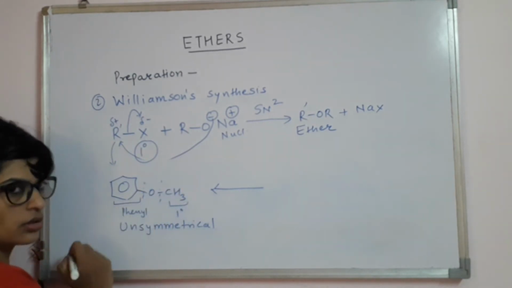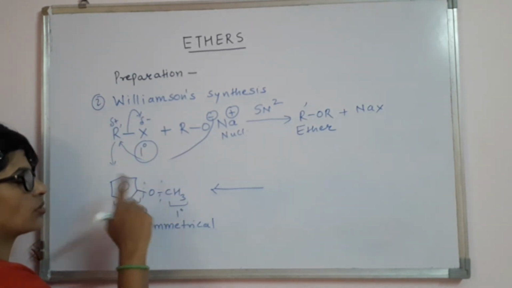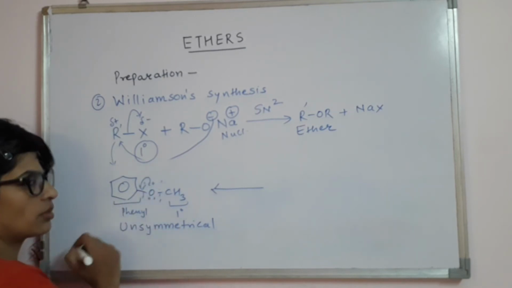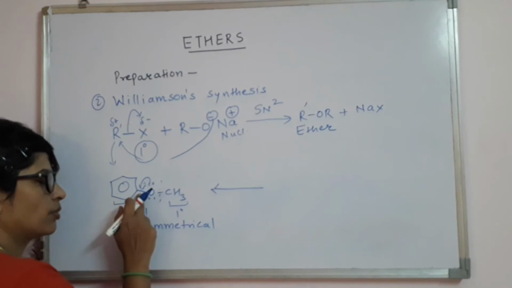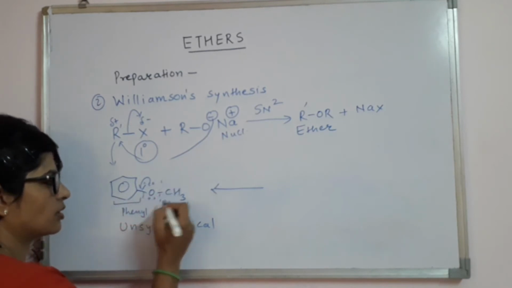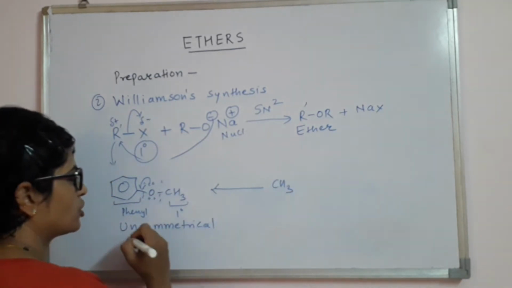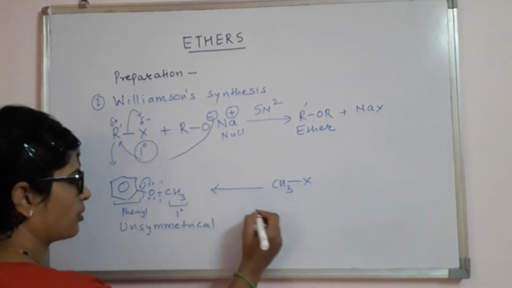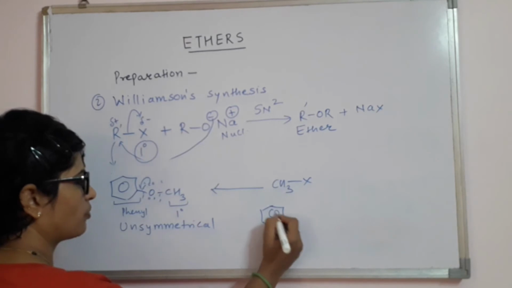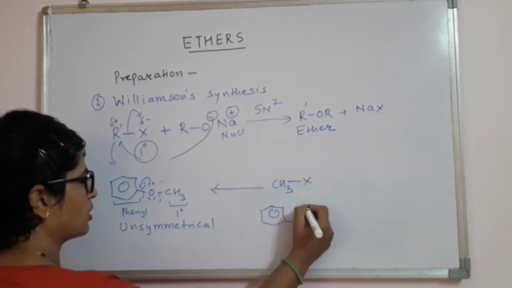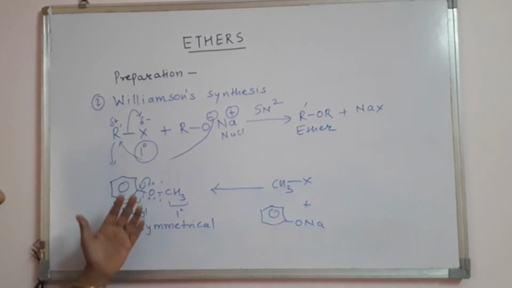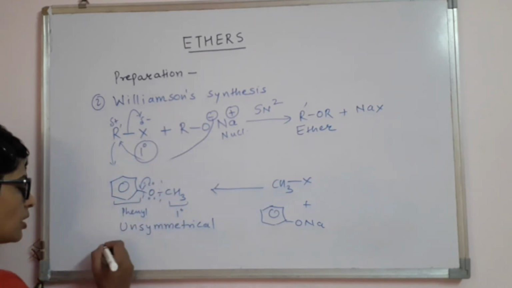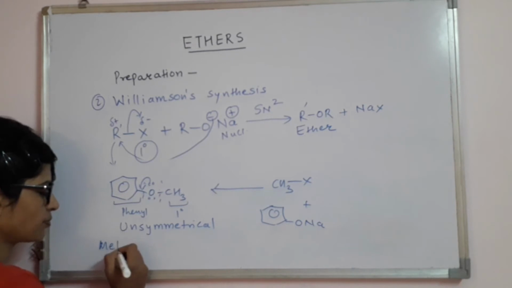Can I break this bond? The benzene oxygen bond cannot be broken. You remember there is a partial double bond character over here. So this bond cannot be broken. The right choice is to break this bond and you get a fragment CH3, X can be attached. And this fragment which is broken down becomes phenoxide and Na can be attached over there. So if you want to prepare this compound anisole or methoxybenzene,